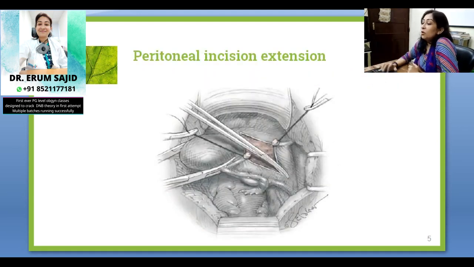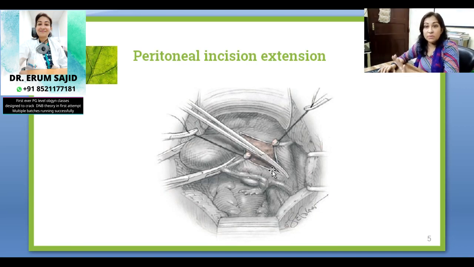Of course, this is followed by the peritoneal incision. What they've shown here is a peritoneal incision towards the lateral side. We usually don't do that. We as gynecologists do not go towards the lateral side. You should not go there. Stick to the uterus. That's the norm of abdominal hysterectomy, in all kinds of hysterectomies: vaginal, laparoscopic, abdominal, open. You have to stick to the uterus. Be as close to the uterus as possible. This is what they're trying to show, as I'll show you in the next slide.